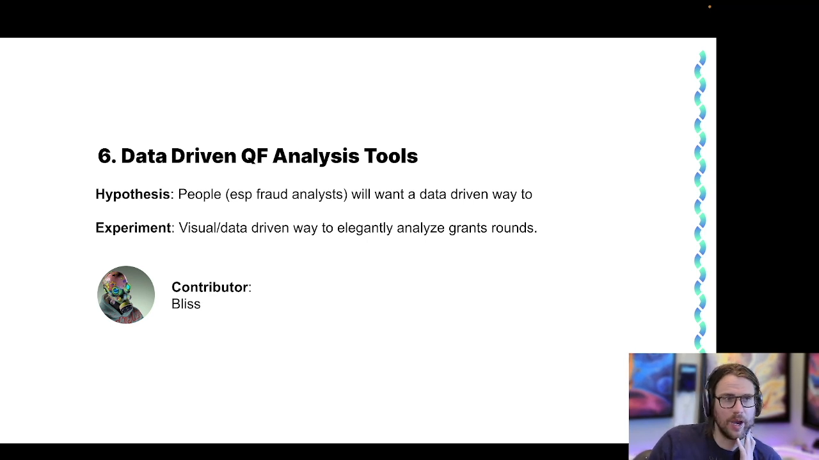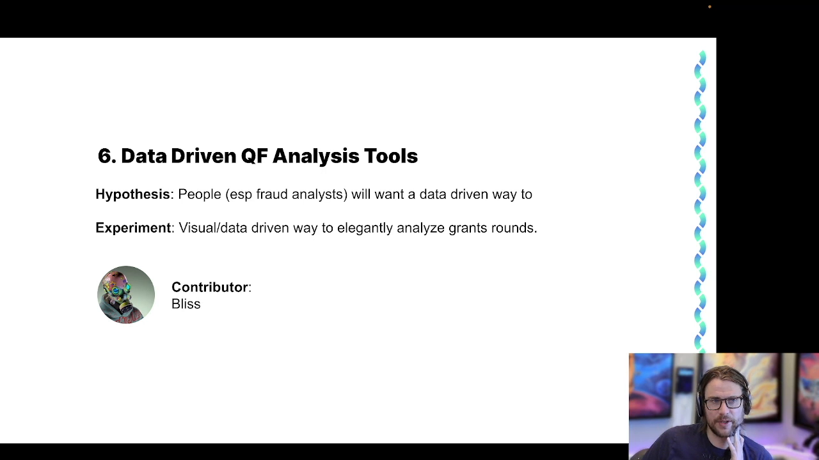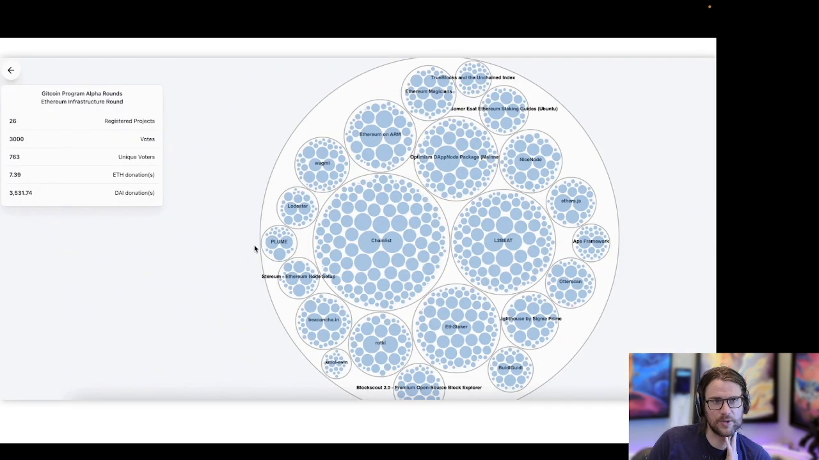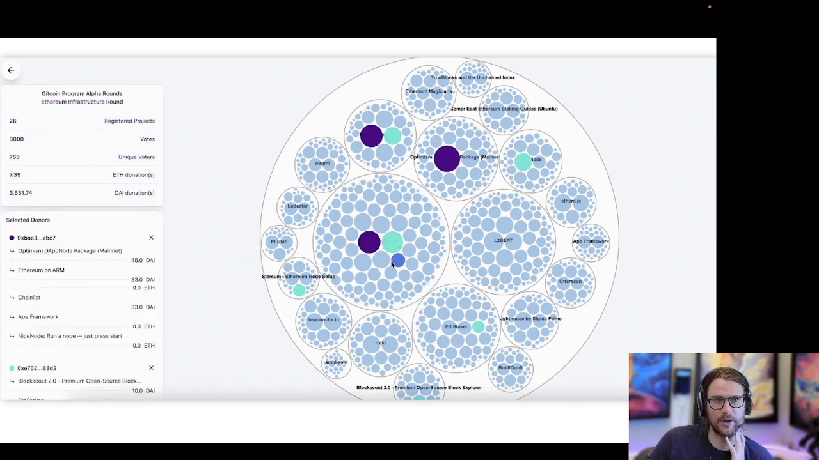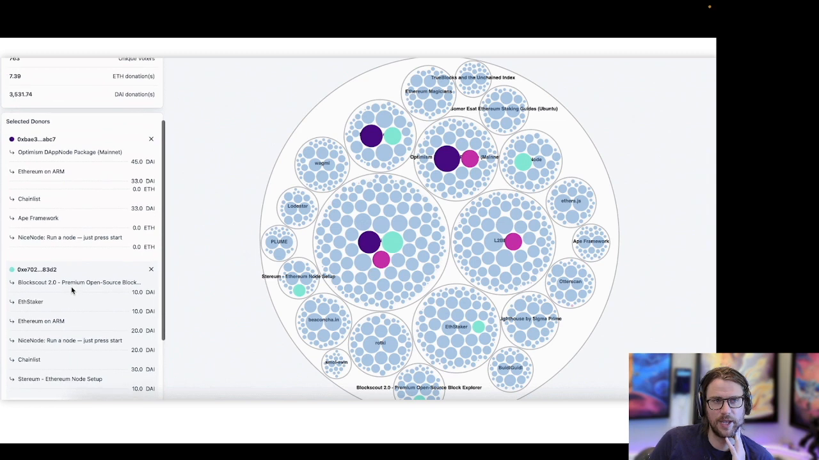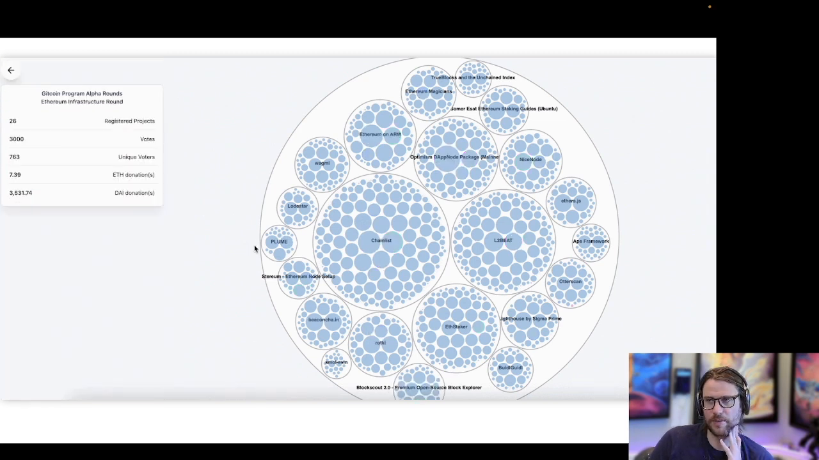Alrighty. Another experiment that we've been working on is a data-driven QF analysis tool. So basically providing new ways to present the data that comes out of quadratic funding to an audience. So basically people, especially fraud analysts, want a data-driven way to visually analyze grants rounds. So what we've done is we've built this little grants data analysis tool that allows you to look at any grants round that's been run on Gitcoin Grant Stack and to analyze the structure of the contributions to that grant